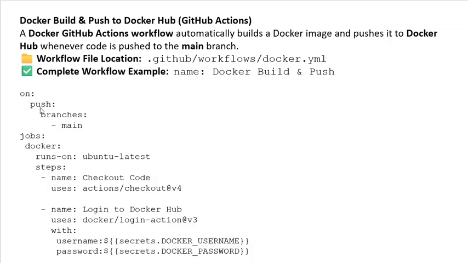on: push: branches: - main, and jobs: docker: runs-on: ubuntu-latest, steps: - name: Checkout code, uses: actions/checkout@v4, and - name: Login to Docker Hub, uses: